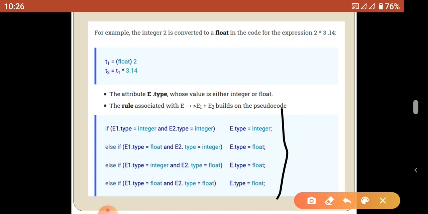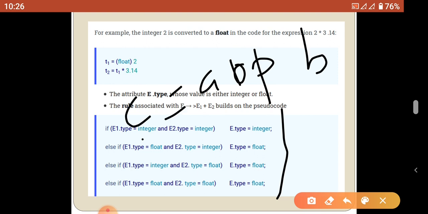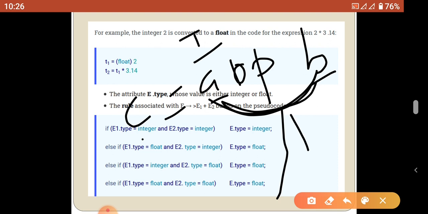This is a verification. In a right side expression, consider two operands A and B. Any operation we perform on A and B, we store the result into C. If A and B are integers, the result should be an integer. If any one of the operands is a float, or both operands are floats, the result will be a float.